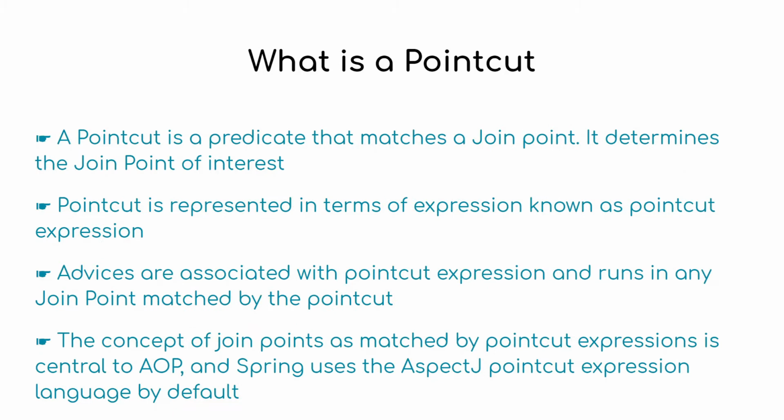In this lecture, we'll talk about pointcut. A pointcut is a predicate that matches a join point. It determines the join point of interest. A predicate is a simple expression which returns either true or false. Pointcut is represented in terms of an expression known as pointcut expression. Advices are associated with a pointcut expression and run at any join point matched by that pointcut. The concept of join points as matched by pointcut expressions is central to AOP, and Spring uses